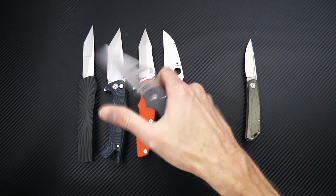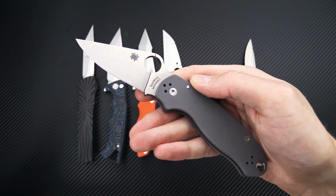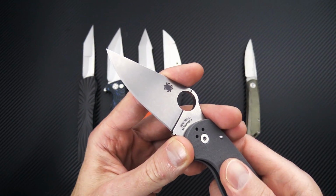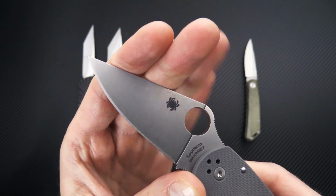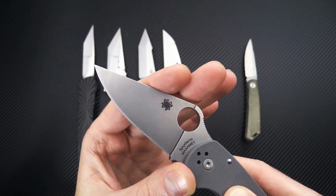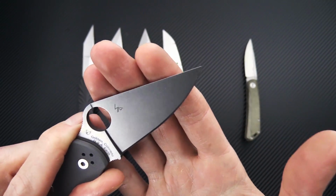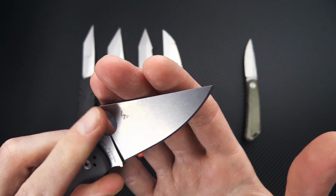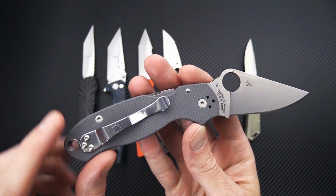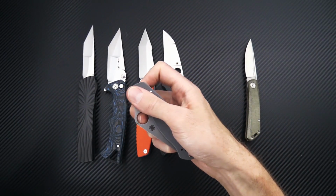And speaking of the Para 3, this is the Maxamet version that we have in stock now. Maxamet is a high hardness and high wear resistant tool steel. So not a lot of toughness here and minimal corrosion resistance, although it is relatively good for a tool steel. You've got a heavy stonewash finish on this, gray G10, 4-position clip, and of course the compression lock mechanism and